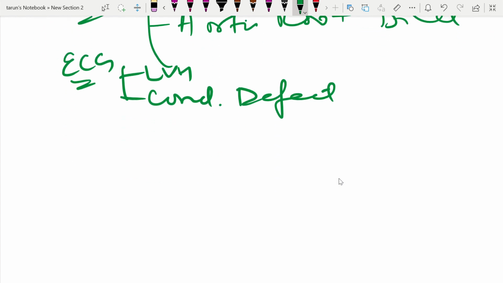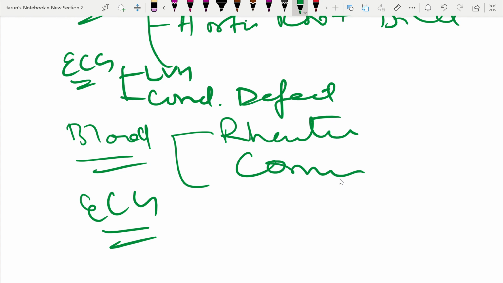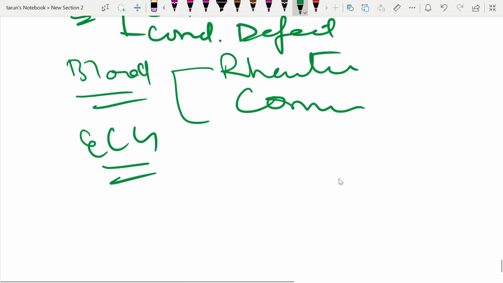the lesion. You will also do the blood work for syphilis and rheumatic cause, to rule out the rheumatic cause, connective tissue cause, all those things. Then echo, you will do the M mode and 2D mode for diagnosing, assessing the severity and possible cause of the lesion. What is the lesion behind this? This was the echo.